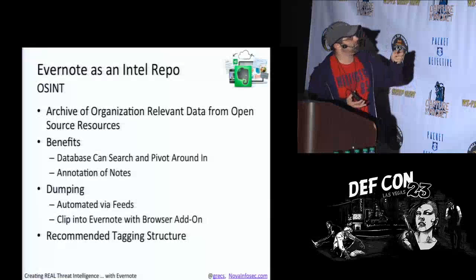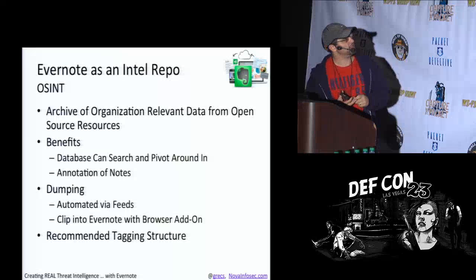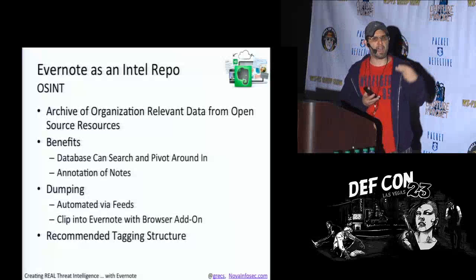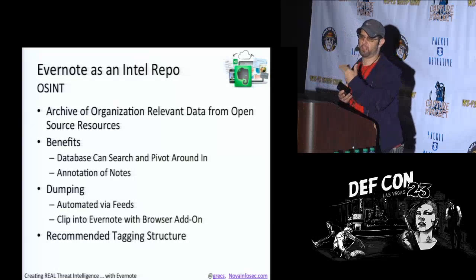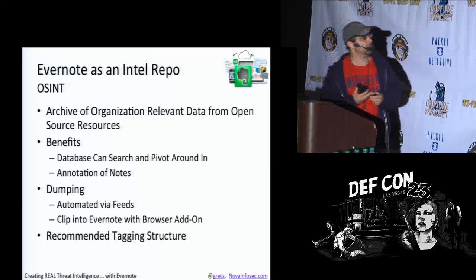So basically, trying to archive a lot of that data into one place. You can go in and search on an IP, and then depending on what you find there, you can pivot off that and go into other areas too.